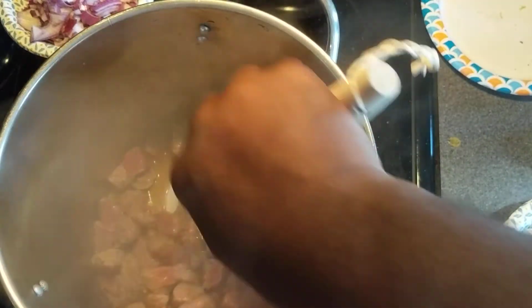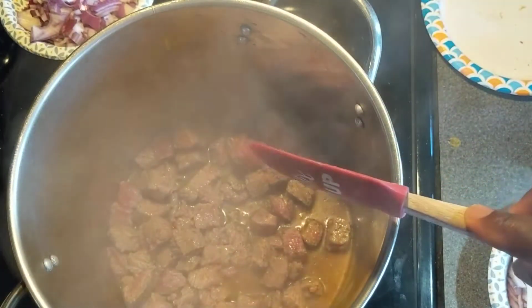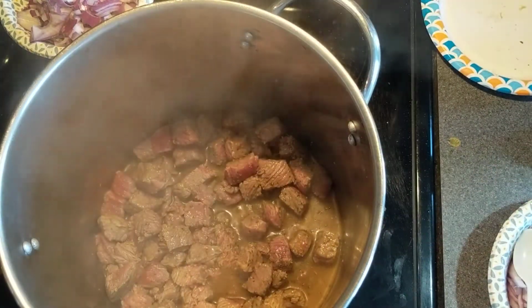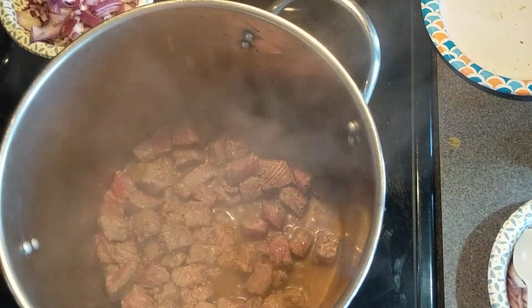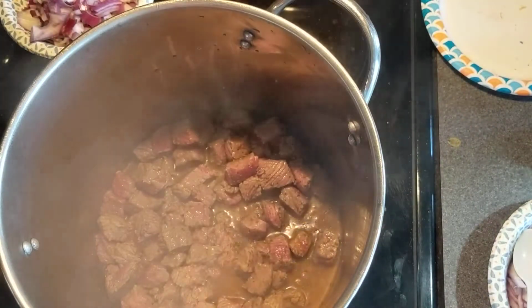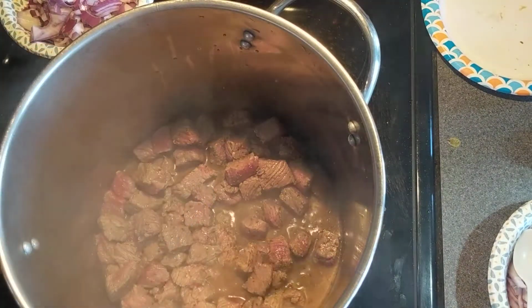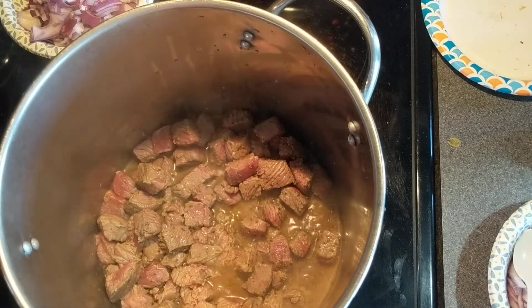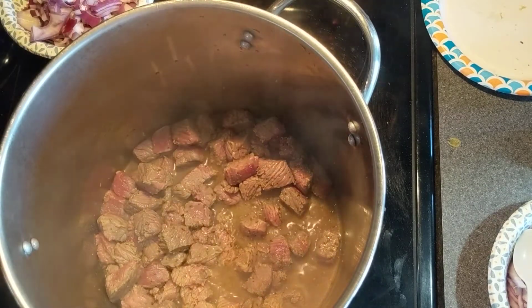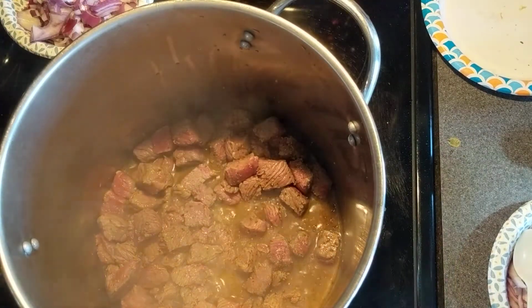Alright, so I was recording some things, but I think I missed a few things. So this right here, as you can see, is the meat that I washed earlier. I added a little bit of basil on it, some red pepper, and I also added a little bit of the seasoning that I prepared earlier,